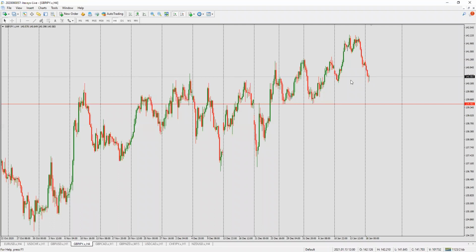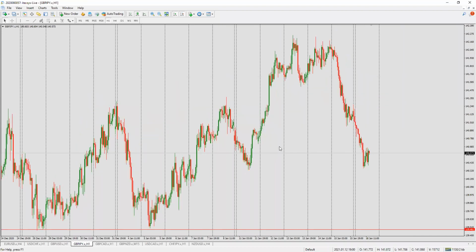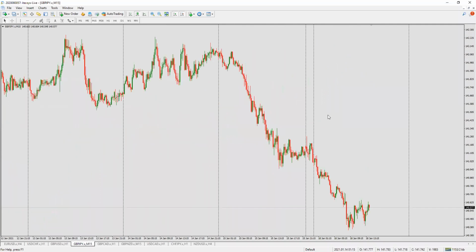So for now, if we look at this 4H time frame, even if we look at this 1H time frame, the price is still bullish. Okay, and we still don't have a good setup to sell. All right, so that's from this time frame. Let's go to the